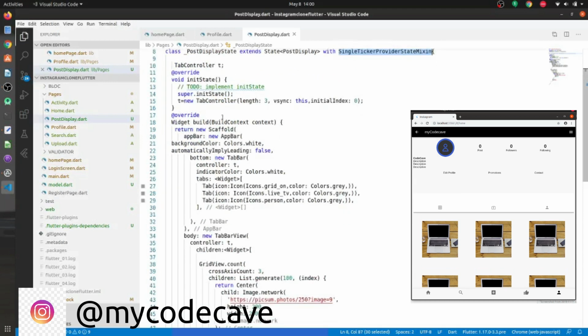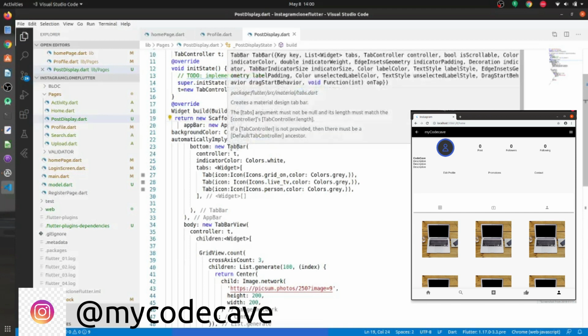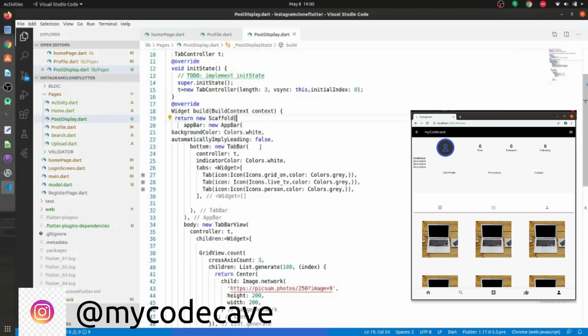After that I have added a scaffold, and the scaffold has an app bar. The app bar doesn't have a name, it has a white background color, but I am thinking of removing it because it occupies some space between the buttons and the tab bar. I will try to remove this.